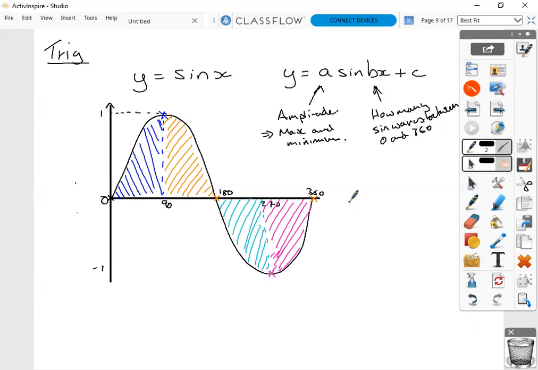So if that said sine 2x, that means this whole sine wave that we've shown here, which has the milestones of 90, 180, 270, and 360, is actually going to occur twice in the same distance along the x-axis. So sine 2x would mean the milestones would be 0 to a maximum at 45. It would cut through the x-axis at 90. It would go to a minimum at 135, and then complete the full wave at 180